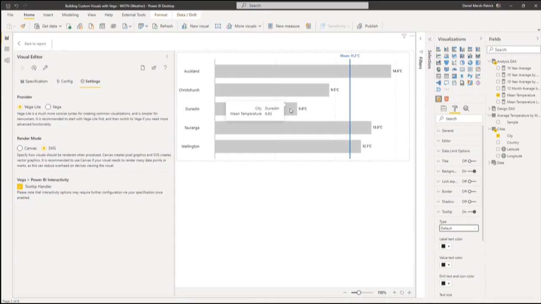So with report page tooltips, with drill through, with selection, it's all about telling Power BI, you gave us that data, it's this row that you gave us, I want to display a tooltip, or I want to highlight another visual based on that. As soon as we start transforming things away, this preserves the row context. But if we were to do, say, a box plot or a distribution plot where it's a very complex set of aggregates, we lose that. But in those cases, we try and fall back to these kind of behaviors. So at least you get some insight. So we can't solve everything. But what we want to try and do is to give you a lot of capabilities without having to learn how to write code in the web domain. You'll have to learn how to get busy with JSON, but it does give you a lot of flexibility with